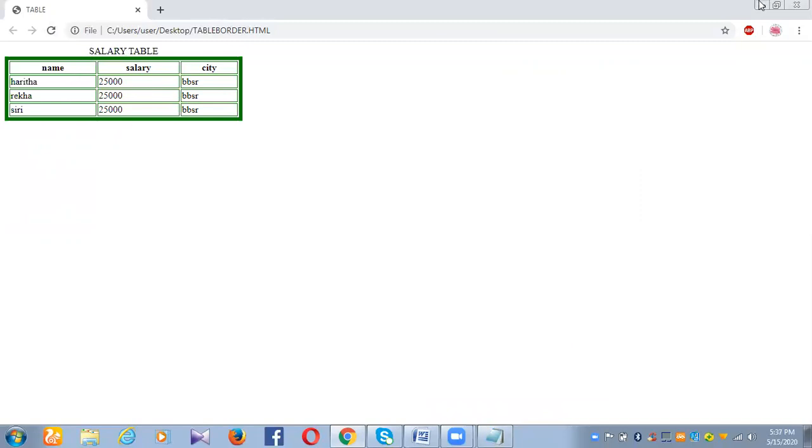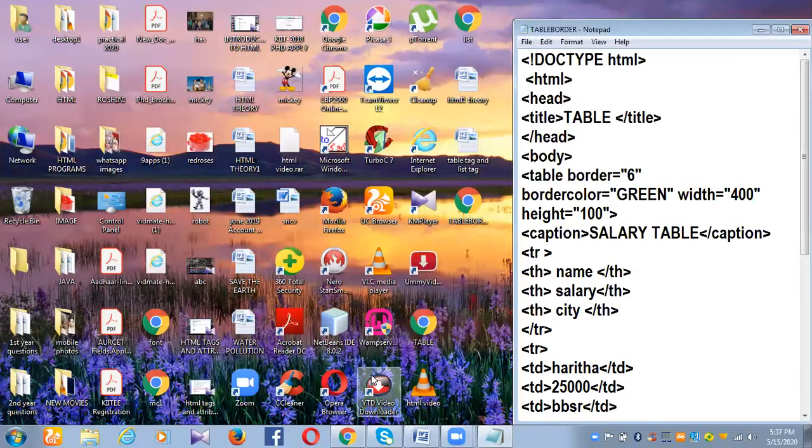Let me show you the previous example also, that is the normal table. See here, this is how earlier without borders the table has been displayed, means the data is displayed in a tabular form in this manner.